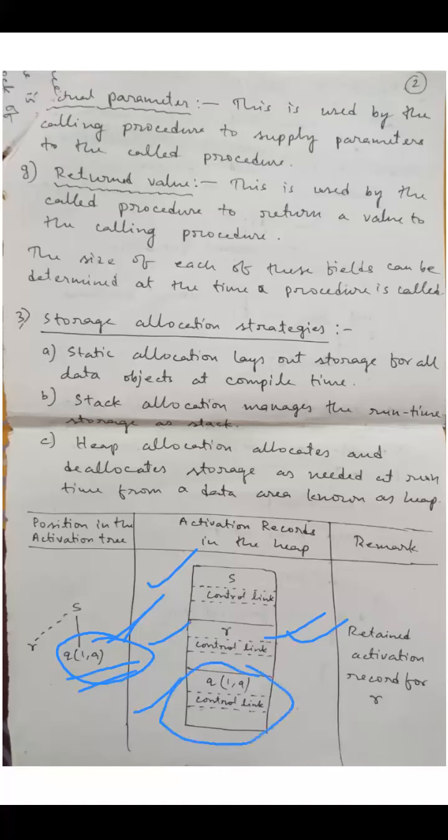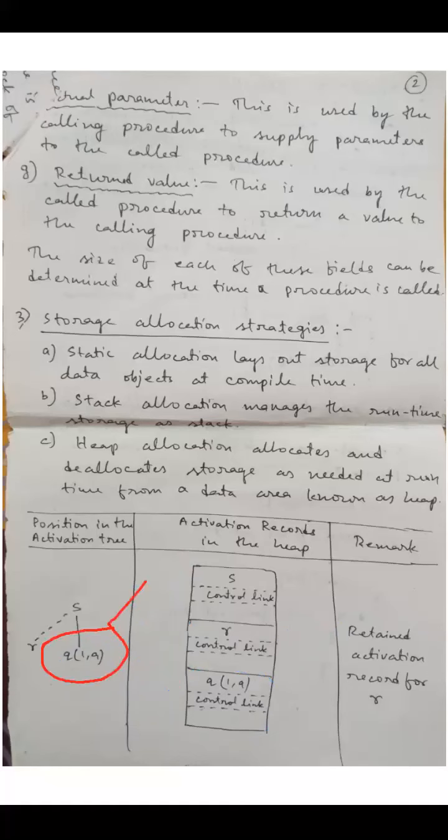Since we are now at this position, we are executing this function. So the heap will store this function, where this portion is already completed. But this portion will not be stored in the heap. We have shown it here to demonstrate that the heap will store R, but after execution of R, the heap will delete R. When we are executing this portion, at that time R will be deleted. But we have shown here to demonstrate that initially R will be there.